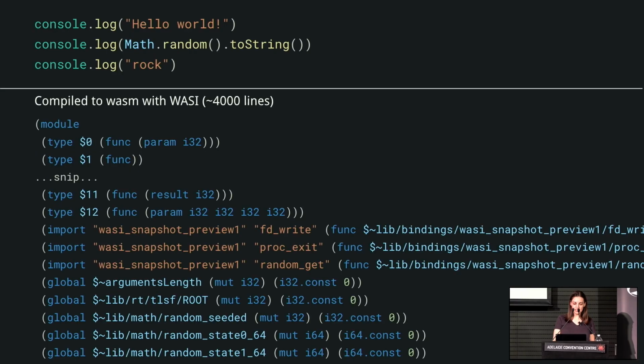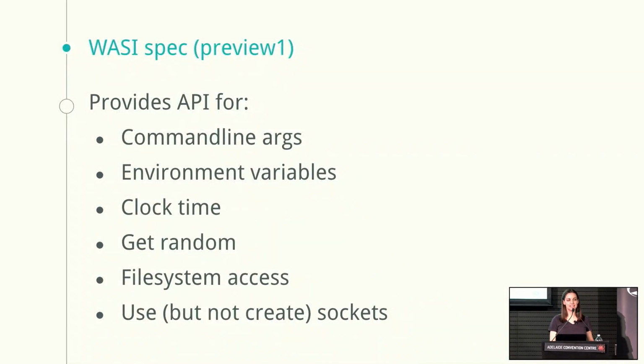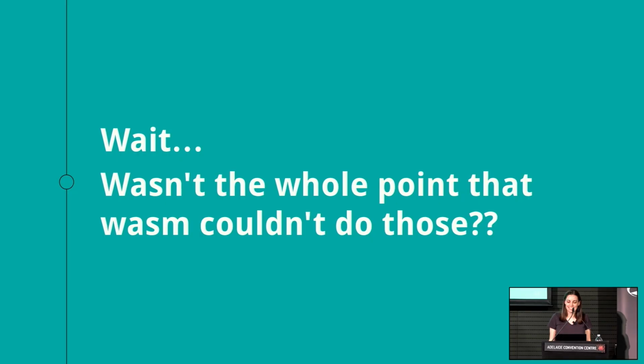And if I look at the compiled WebAssembly code now, we can see that because I've compiled it against the WASI API, it's calling these syscall-like functions, file descriptor write, proc exit, random get, and I can write my code the way that I would normally write my code and compile it with a standardized API. And so this is using the WASI Preview 1 spec. It is an evolving specification. And it provides an API for my WebAssembly programs to use command line arguments, environment variables, clock time, random numbers, file system access. It's a pretty limited list, but also if our purpose is sandboxing,